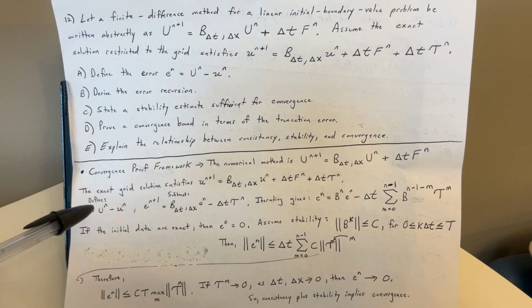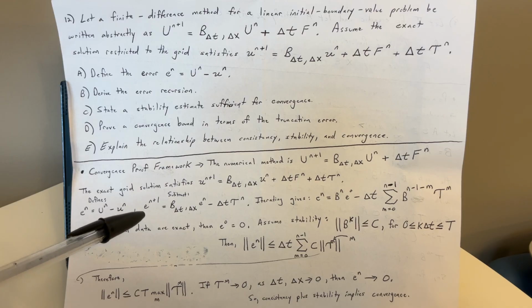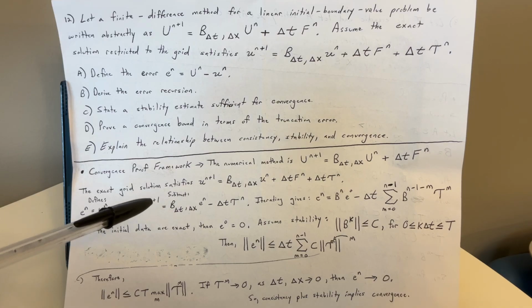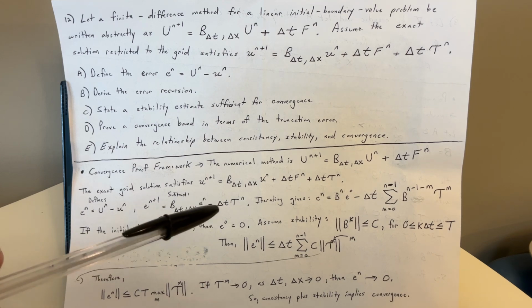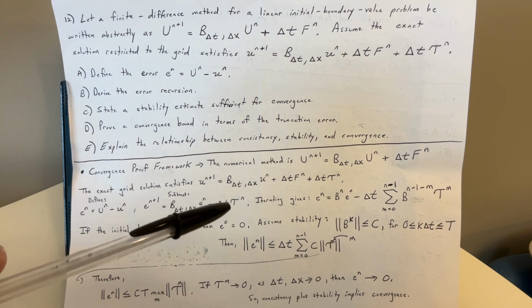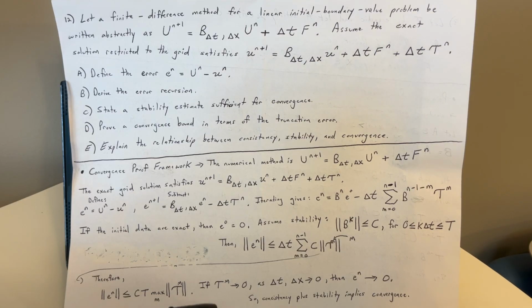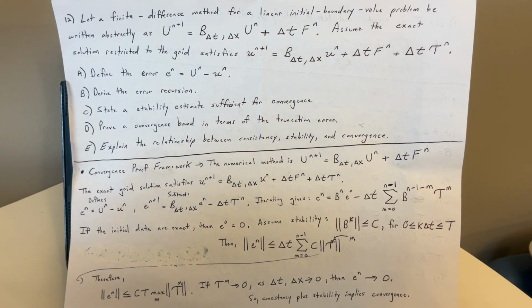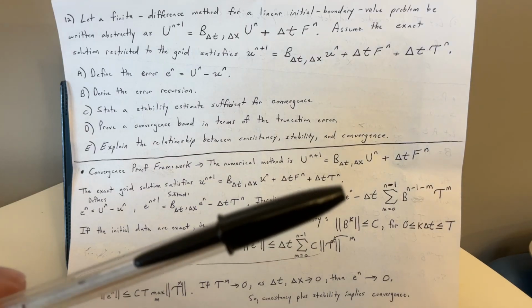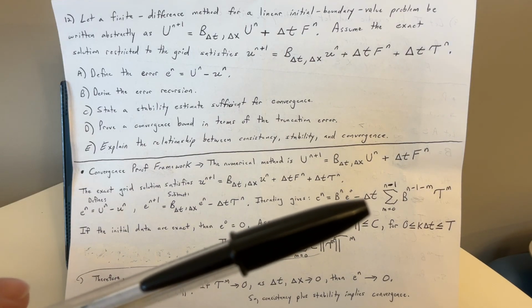If we define e^n = U^n - u^n, then subtracting, e^{n+1} = B_{Δt,Δx} e^n + Δt τ^n. And from there, iterating gives us e^n = B^n e^0 plus Δt